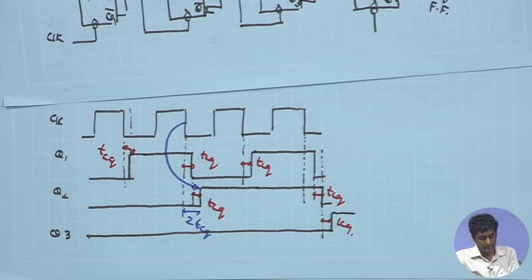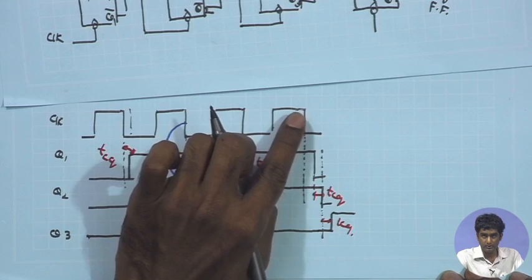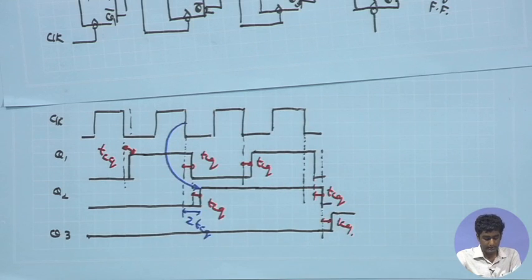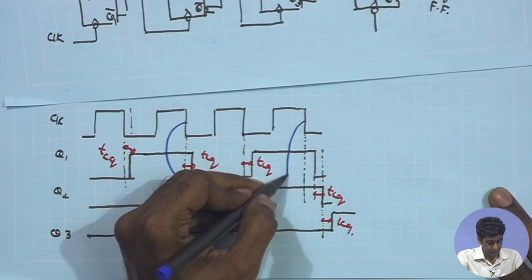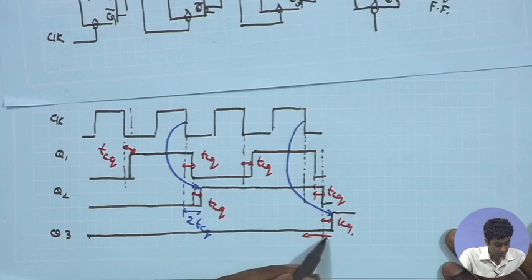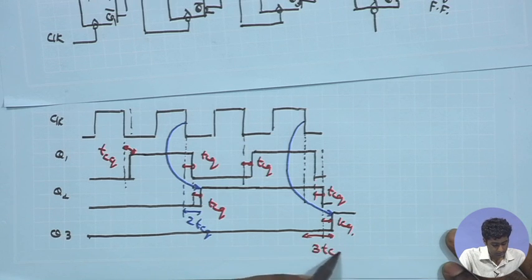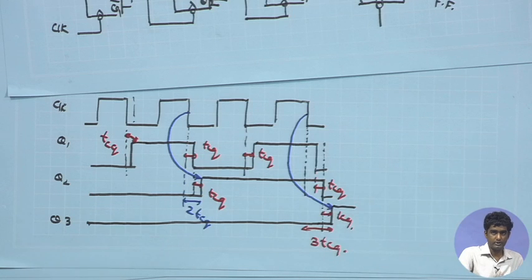And therefore, what is the overall delay that the transition of Q3 is having with the original negative edge of the clock, we are having 3 T C Q delay. So, you have an overall 3 T C Q delay. Likewise, if you go on further and deeper into the chain, you will have n T C Q delay